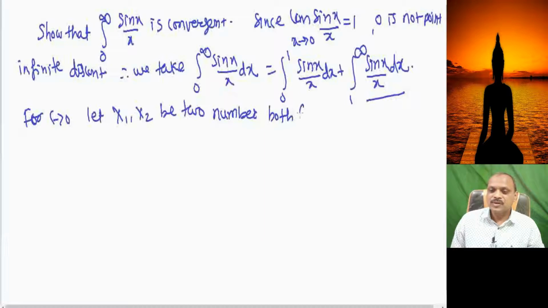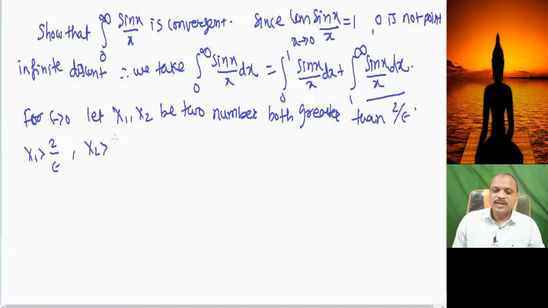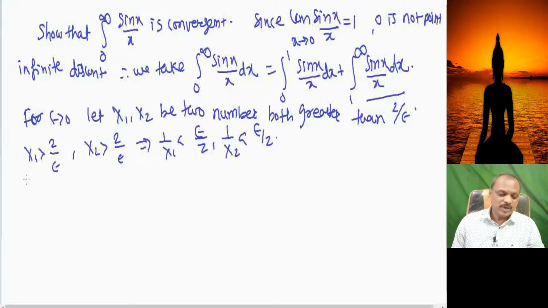Then for every epsilon greater than 0, let x1 and x2 be two numbers both greater than 2 divided by epsilon, right? That means x1 is greater than 2 divided by epsilon and x2 is greater than 2 divided by epsilon. This implies 1 divided by x1 is less than epsilon divided by 2, and 1 divided by x2 is less than epsilon divided by 2. By Cauchy's criteria, therefore, consider the mod of the integration x1 to x2 of sin x divided by x dx